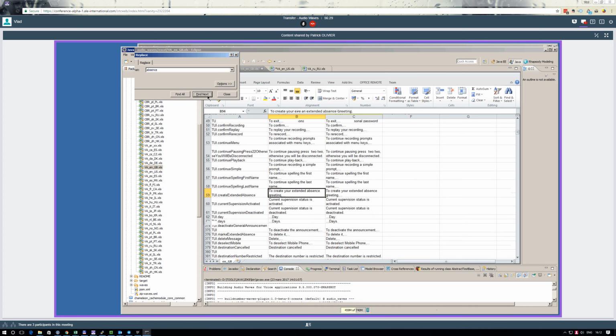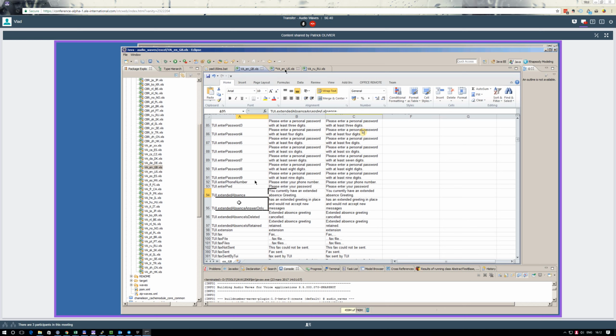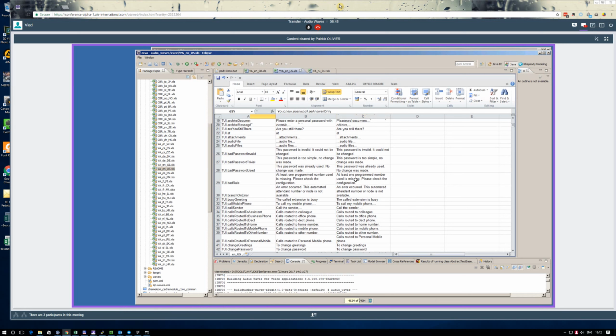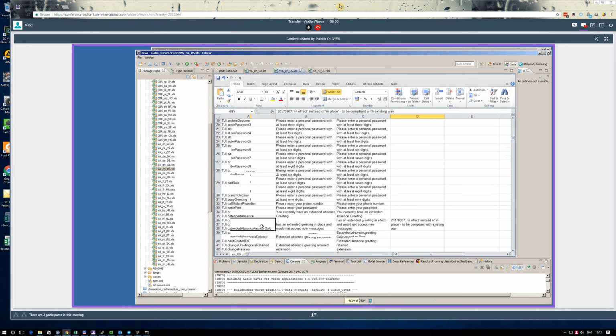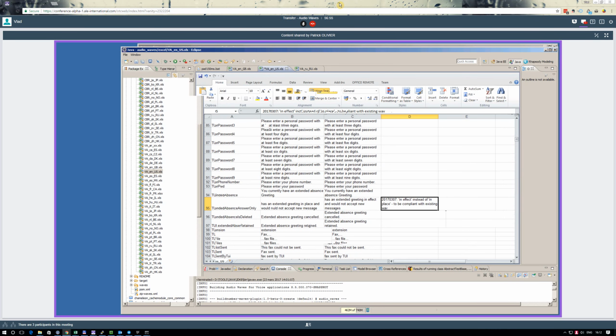So the word absence was missing. We found a solution by taking a wave from OxyMevo 45, which has the correct syntax. In that case we didn't need to re-record, and we noticed that on US the text inside the wave said in effect and not in place. Don't ask me why. So I just did some modification.